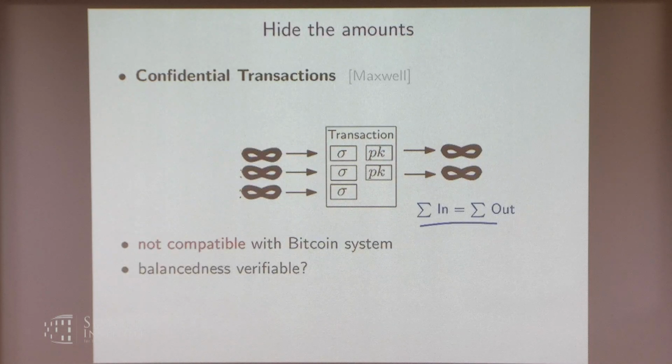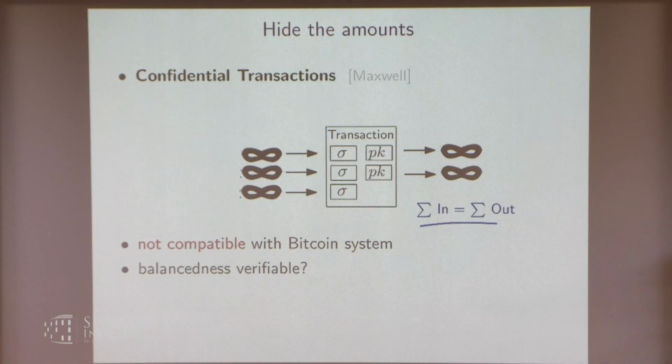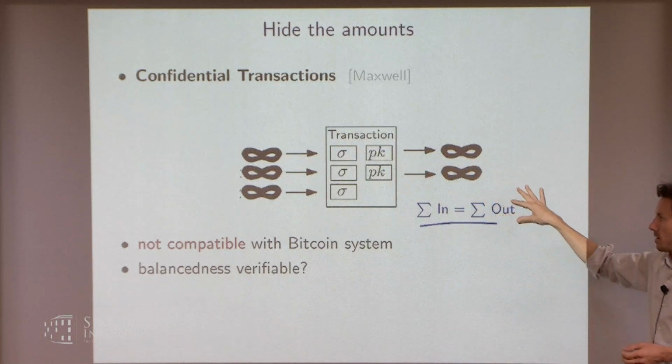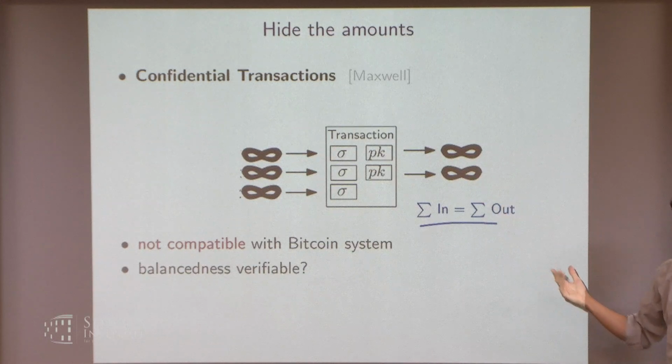Another type of anonymity proposed by Greg Maxwell is confidential transactions, where the idea is that you want a payment system where you hide the amounts that are transacted. This is not compatible with Bitcoin, but it is, for example, now implemented in Monero. The big problem here is that if you hide the amounts that go in and out, say by encrypting them, how can the miner check that you have not just invented new money in your transaction? So you need means to prevent that.